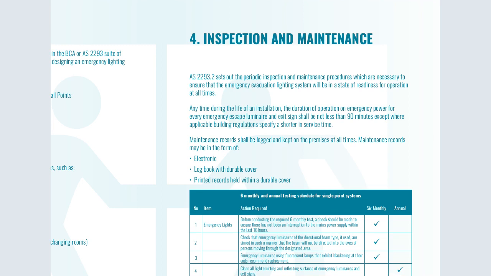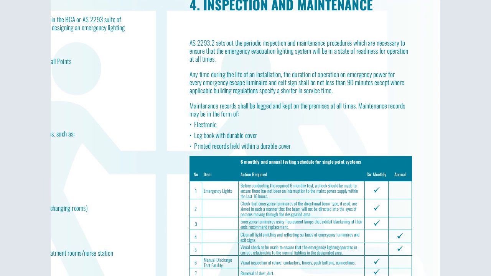So inspection and maintenance. How do we inspect and maintain this emergency lighting? It is set out that the periodic inspection and maintenance procedures are necessary to ensure that the emergency evacuation lighting system will be in a state of readiness for operation at all times. At any time during the life of an installation, the duration of the operation on emergency power for every emergency escape